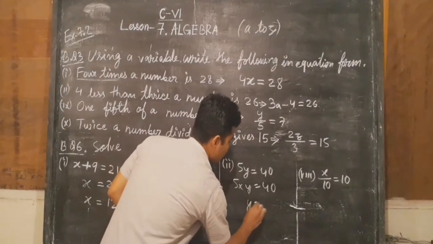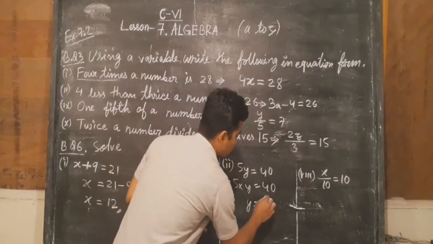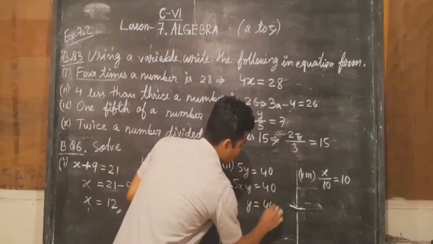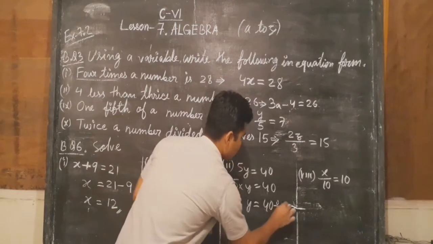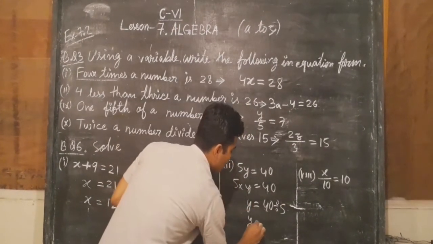So to find the value of y in this situation, we have to divide by the number on the right hand side. If it is multiplied here, then it will be divided on the other side. Then y is equal to